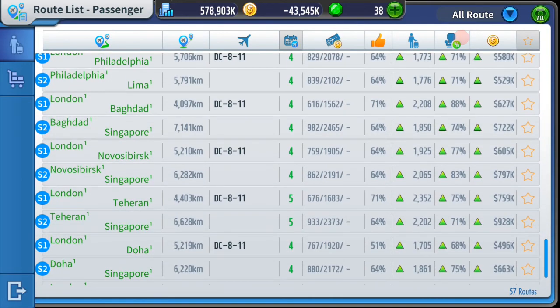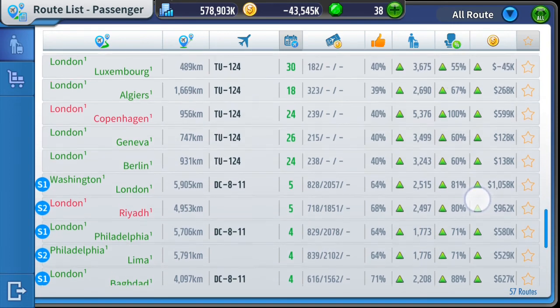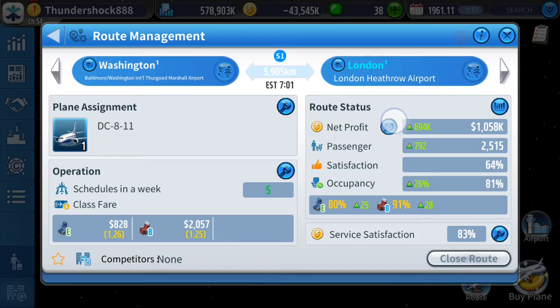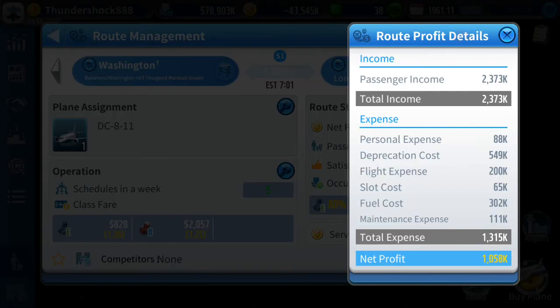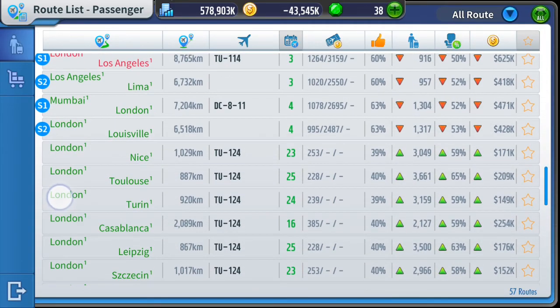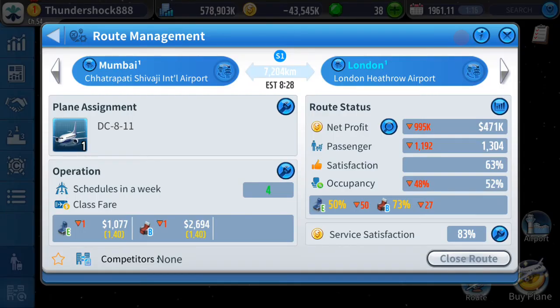But what I have noticed is the longer range routes are much easier to maintain. As you can see, any average route with a DC-11 is making 1K, and like the other half of the route is also making around this much, so that is quite healthy basically. As you can see, even the worst DC-8s like London to Mumbai, I'm not sure why it's so bad, but I think what I have noticed is that